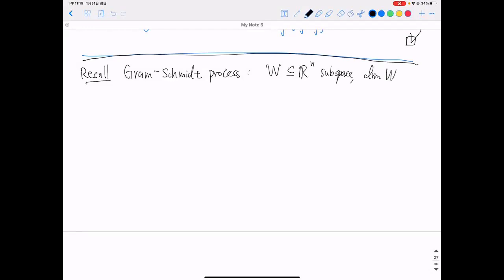Let's say the dimension is P, and suppose we are given a basis of W, then the process constructs an orthogonal basis of W as follows: